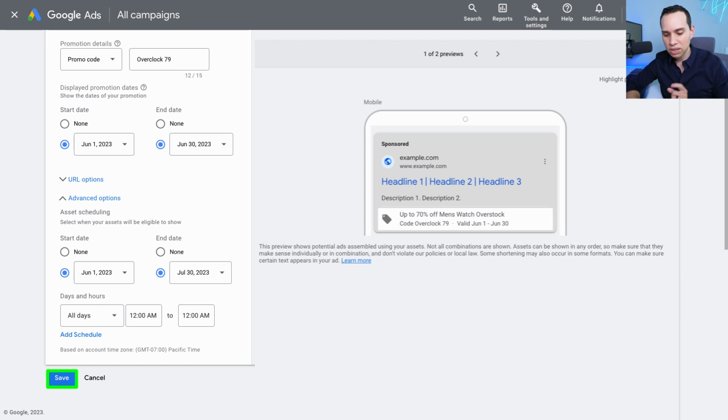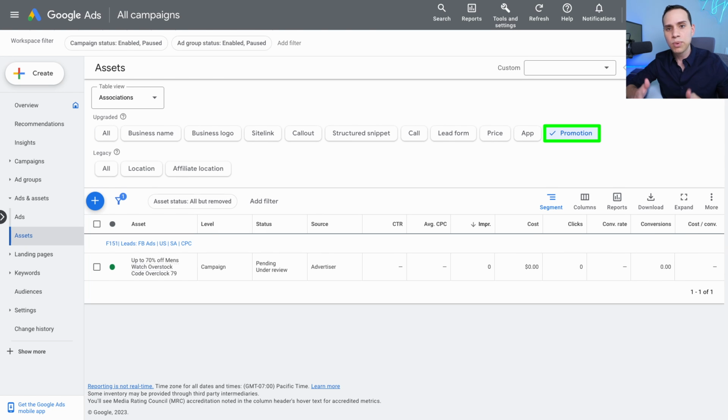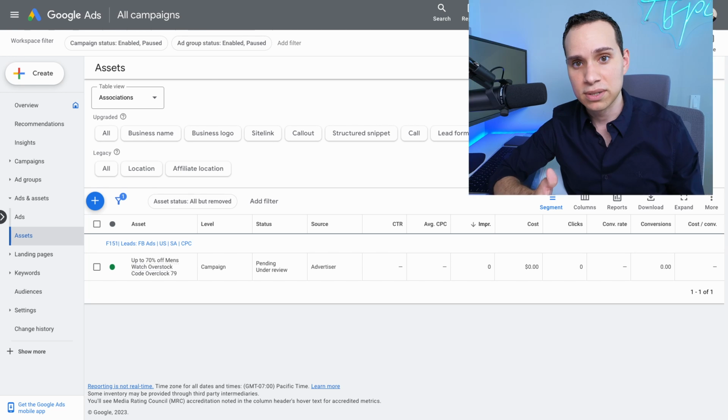So I'll go down here, click on save, and then we can come over here to promotions to see our list. You probably want to check in on this at least once or twice a month just to see how the promotions went. Make sure the ones that were ending actually ended on time and you didn't fat finger accidentally make it a month more than it should be. And then of course, over time, you'll see which holidays and what types of promotions begin to work the best for your business, product, and service. And with that, we are all set and good to go, setting up all of your ad assets